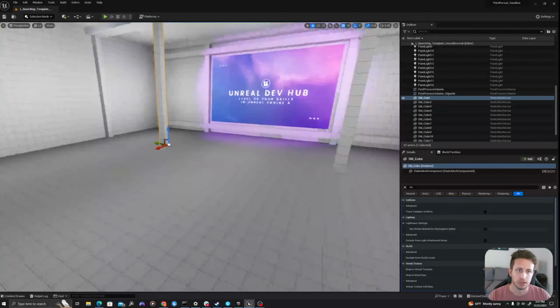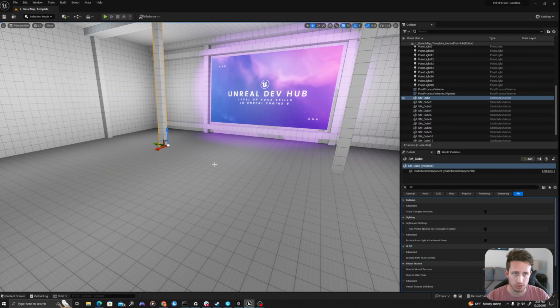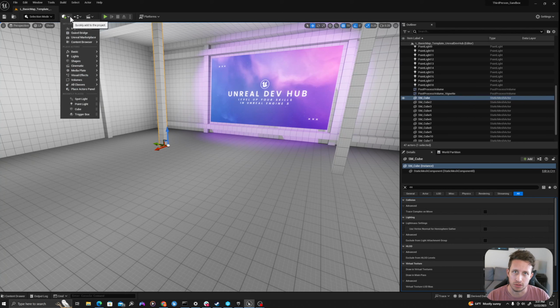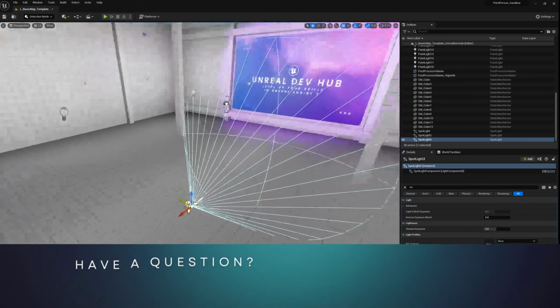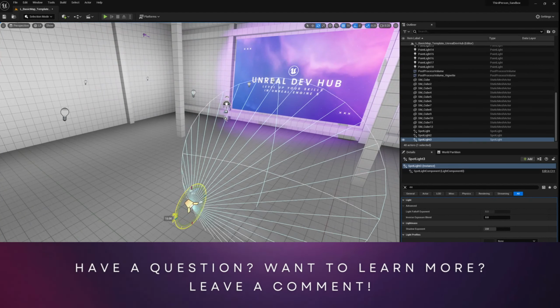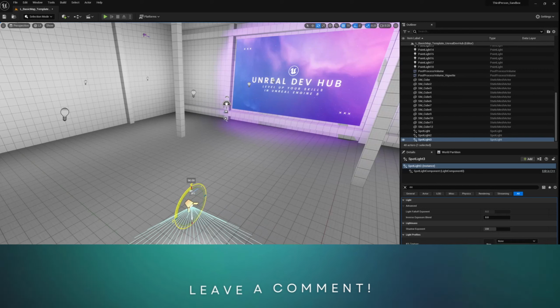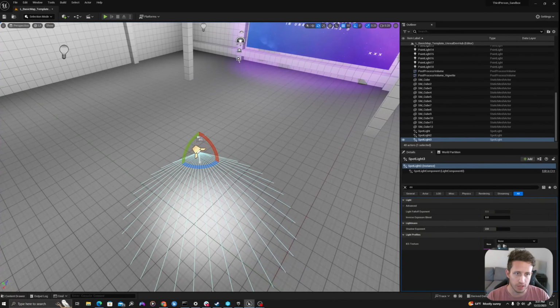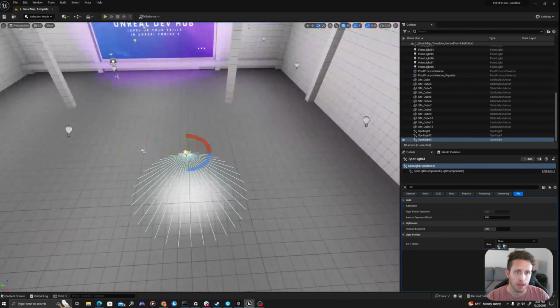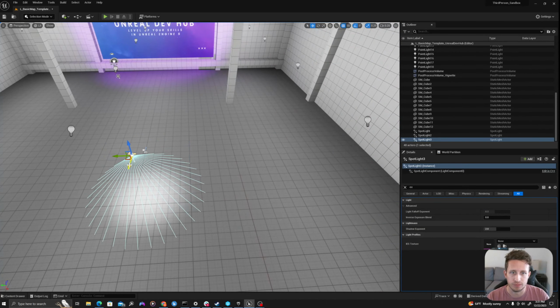I will now create a series of actors in my environment that I will use to reference in my level sequence. So I will go to my Place Actors panel here. I'll drop down, and I will create a series of actors. So first, I'm going to create a series of spotlights. I'm going to press G so that I can see the bounds of the actor, where the cone of the attenuation radius is. And I'm going to drag this into the center of my map.